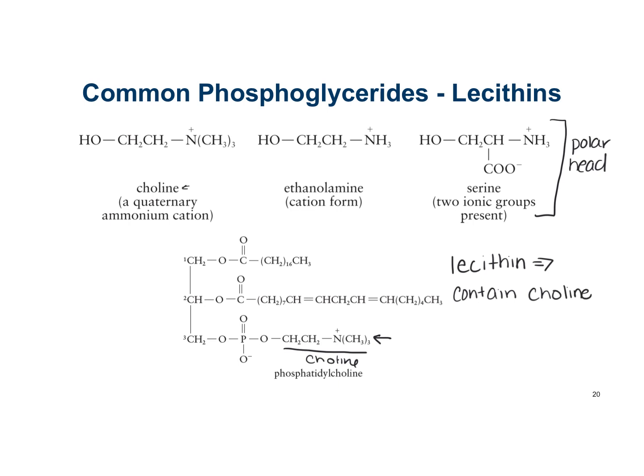Now, because you can get different fatty acids here at the first and the second position of the glycerol, you can have a lot of different lecithins that are possible. Each lecithin contains a negatively charged phosphate group here and a positively charged quaternary nitrogen. And so, as we mentioned before, the charges